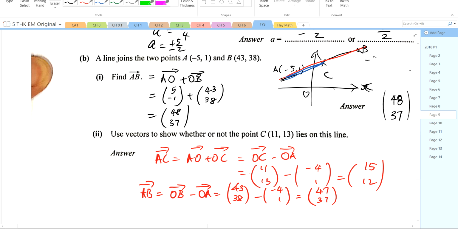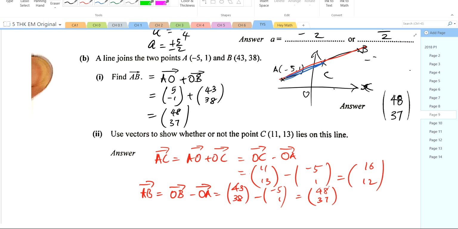Did I make any mistake? This is negative 5. So 11 plus 5 is 16. This is negative 5 again. So 43 plus 5 is 48. And 38 minus 1